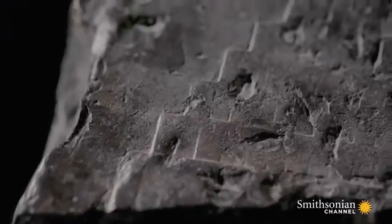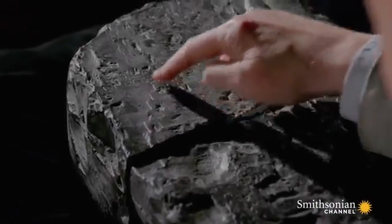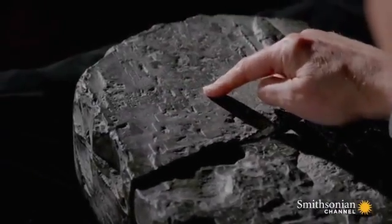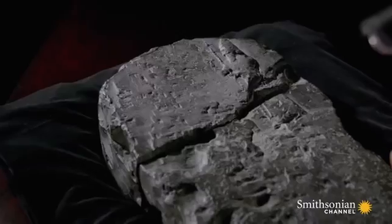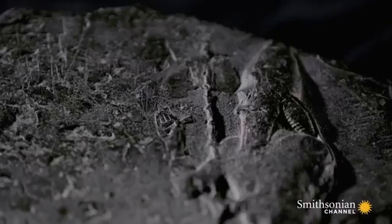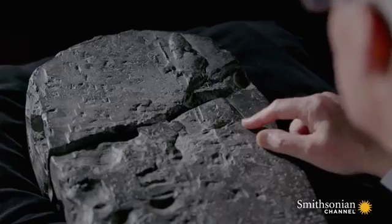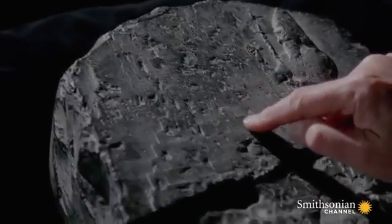Inscribed on the surface of a privately owned tablet is an image that sensationally reveals exactly what the Tower of Babel looked like. This is a very strong piece of evidence that the Tower of Babel story in the Bible was inspired by this real building. This remarkable tablet, which has never been filmed before, dates to the 6th century BC. It was discovered in Babylon over a century ago. Unbelievably, no one realized how important it was until Professor Andrew George, an expert in ancient texts, brought its faint